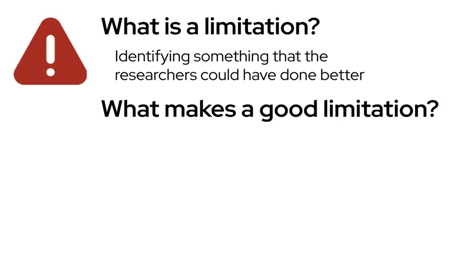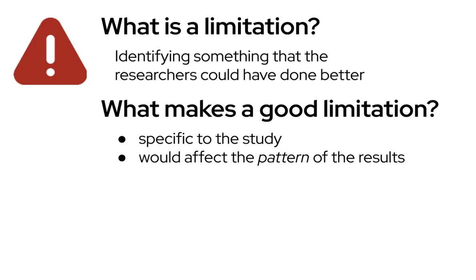There are two key characteristics of a good limitation. The first is that it needs to be specific to the study that you are talking about. It can't just be a general statement like correlation doesn't prove causation. That's true, but I want to see in your infographic that you've thought about how general research design principles apply to this particular study. The second key characteristic is it needs to be something that would affect the pattern of